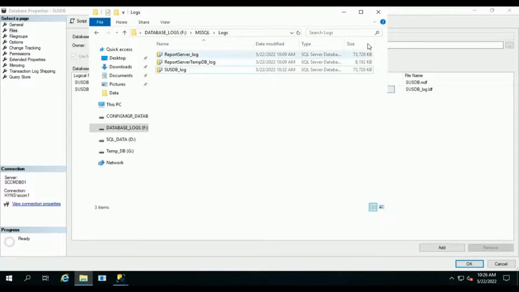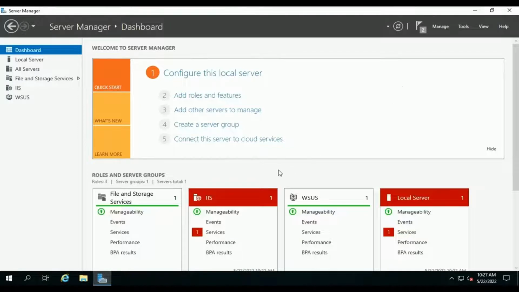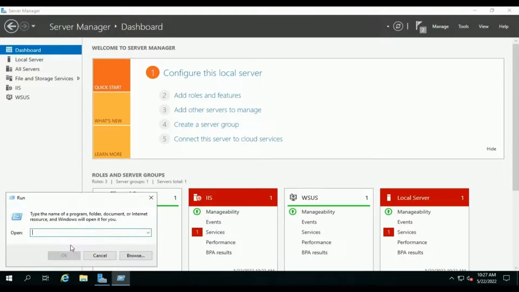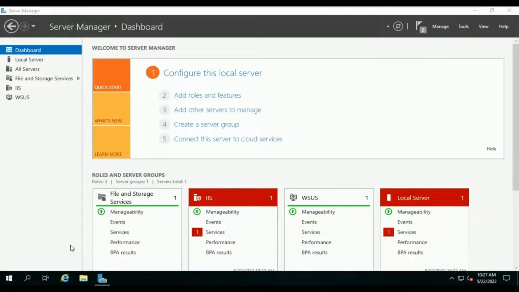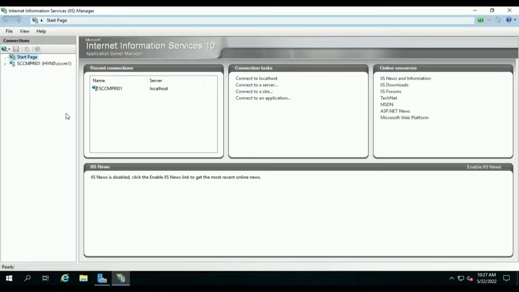Alright, now move to our primary site server, as we need to configure some important things in our IIS. Open IIS Manager. Expand server name.